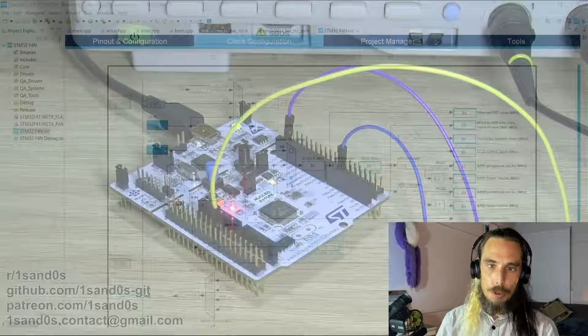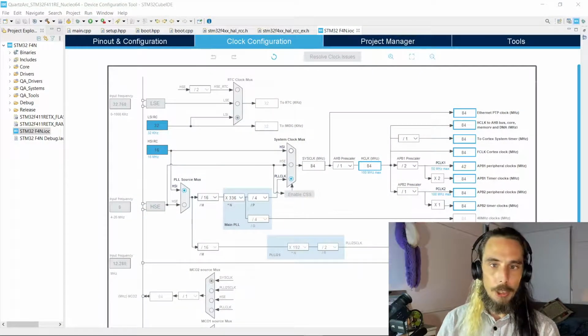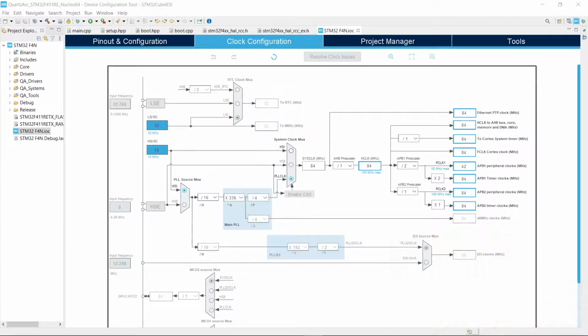If we jump to this one, might get me out of the way for the moment. We can see this is the Quartz Arc code base for the F411 Nucleo board that is available on GitHub, and we've just got the clock configuration section of the CubeMX configurator tool set up. So although I don't use the configurator tool to actually generate code because I don't like the code it generates,